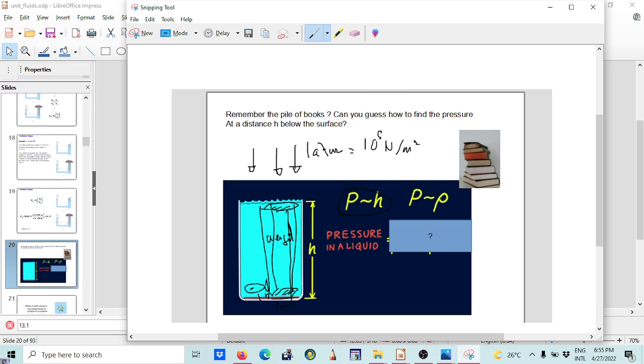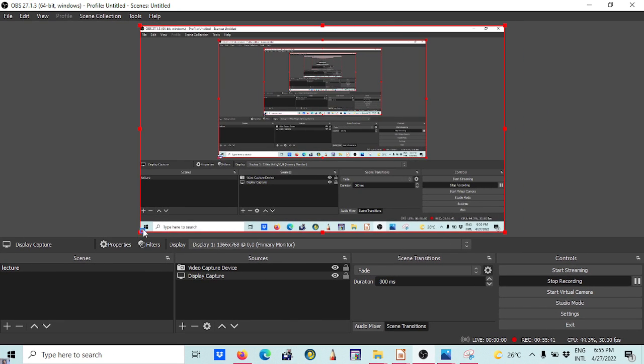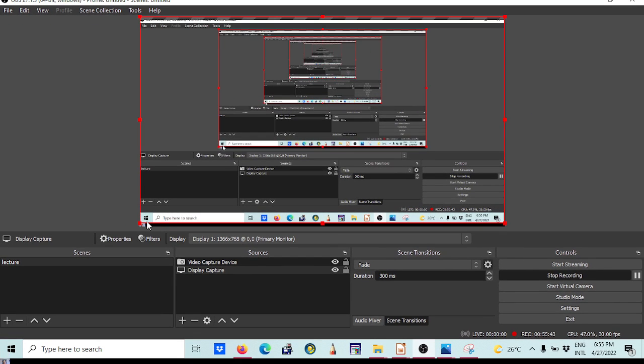Okay, so here we are okay because, and you cannot see me, so that's a problem. Can I make myself bigger? I cannot make myself bigger. I don't know how to do it. So